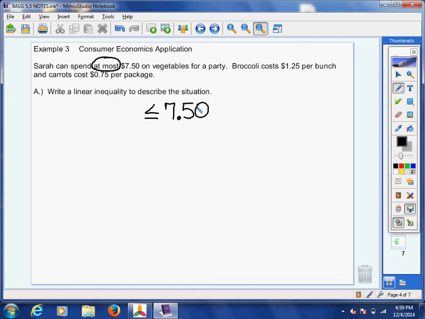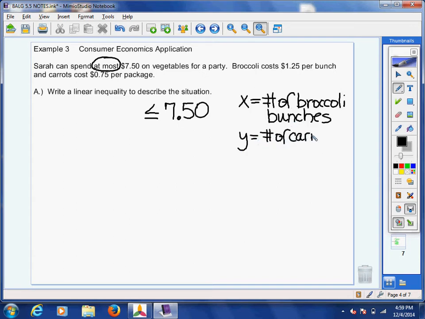Broccoli costs $1.25 per bunch. So I don't know how many bunches I can buy, so let's let X represent number of broccoli bunches, okay? And let's let Y equal number of carrot packages. Okay, I don't know how many bunches and how many packages I have, but I know how much they each